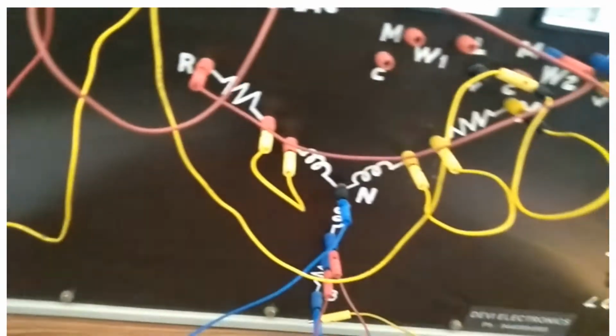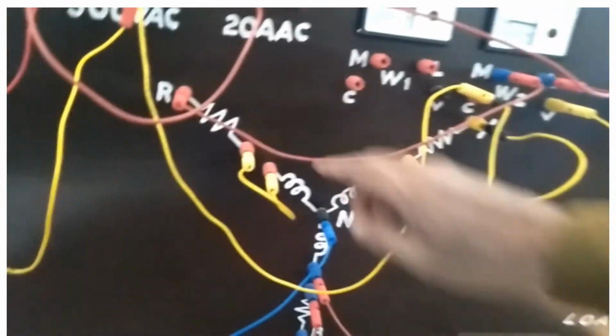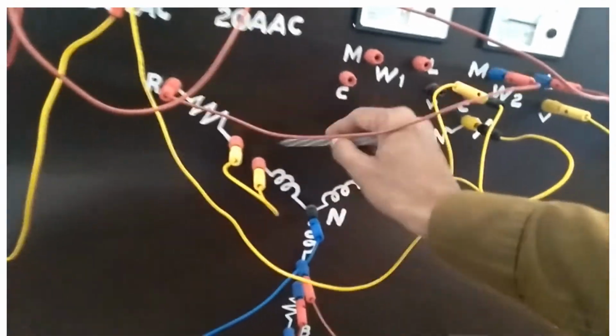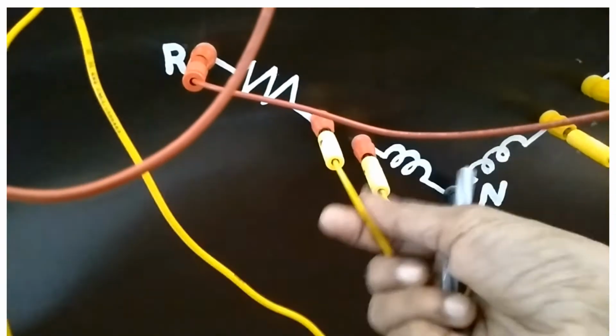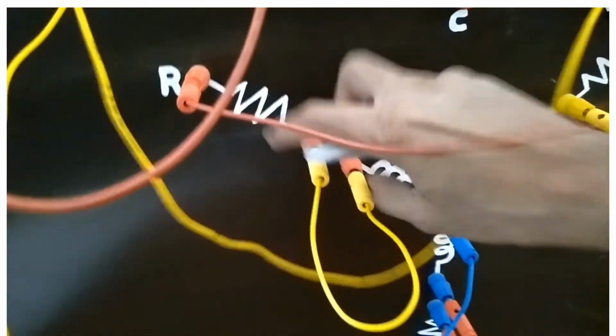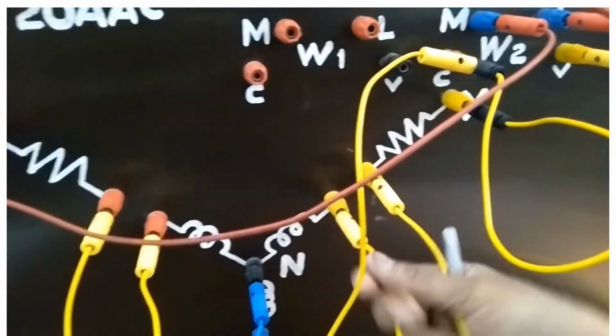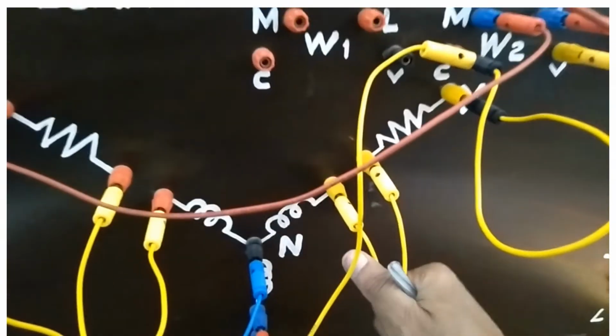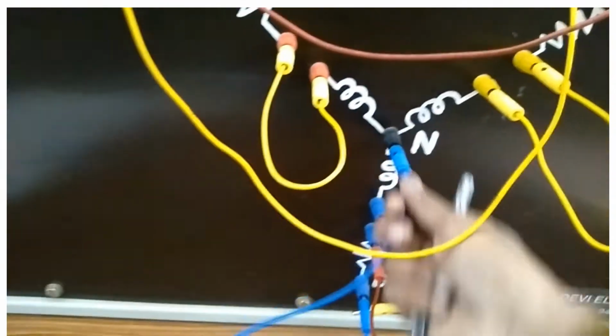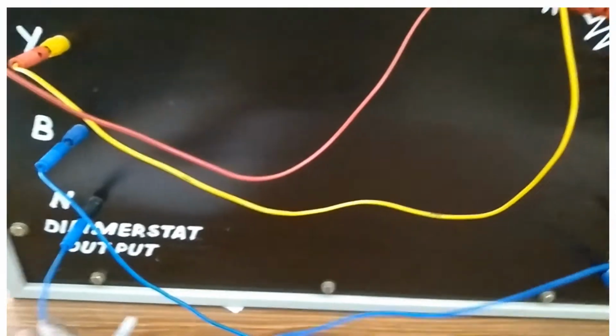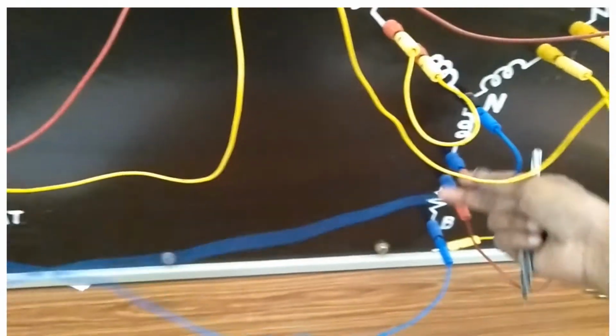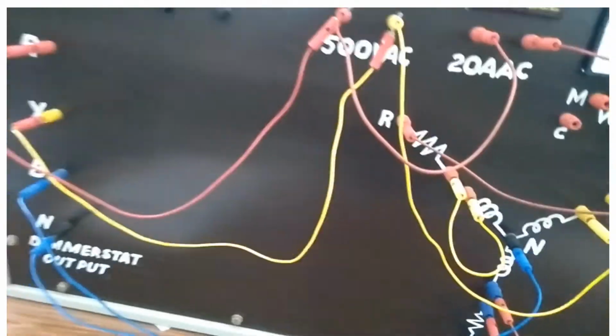In the star load, as we have discussed, two loads are there, R and L. So we have to interconnect them. Here these two are connected together, R and L. Like that we have to connect 3 branches. This branch is an RL load, this branch is an RL load. So 3 are connected together and the star point is given to the neutral. Okay, now the star is over.